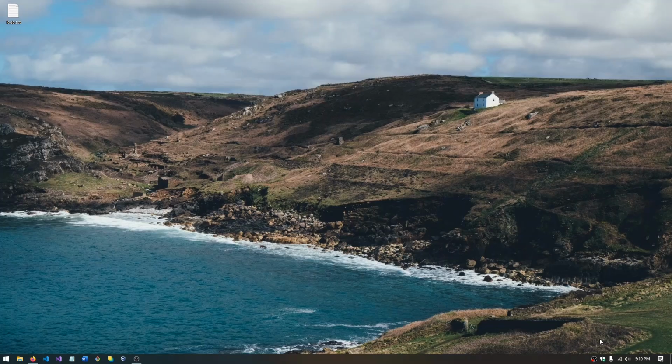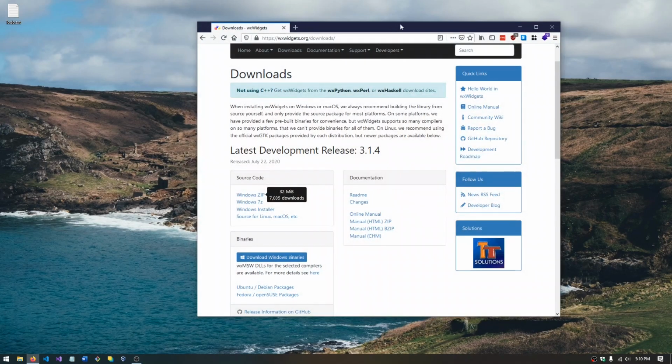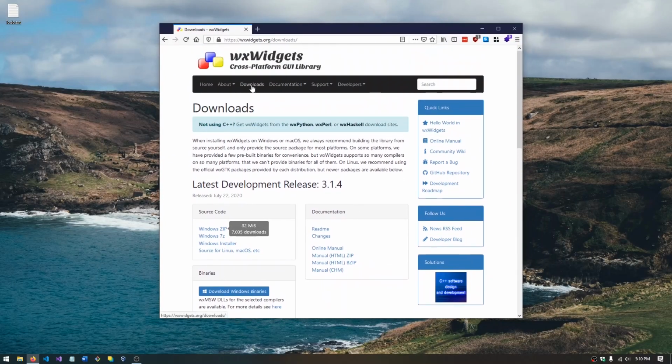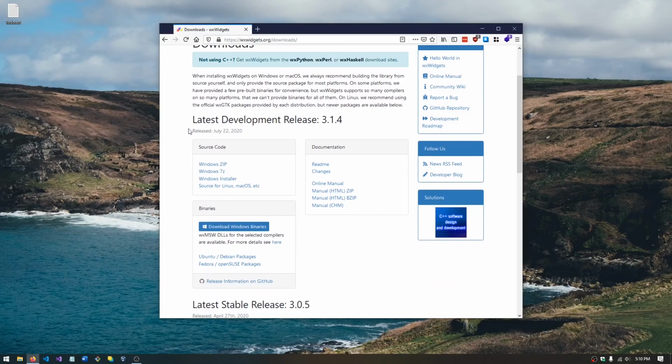In this video, I'm going to show you how to install wxWidgets on Windows. First, I'll download the latest development version of wxWidgets, and I'm already at the website. As you can see, if you click on the Downloads tab, it should bring you to the latest development version, which is 3.1.4 as at the date of this recording, which is September 10th,